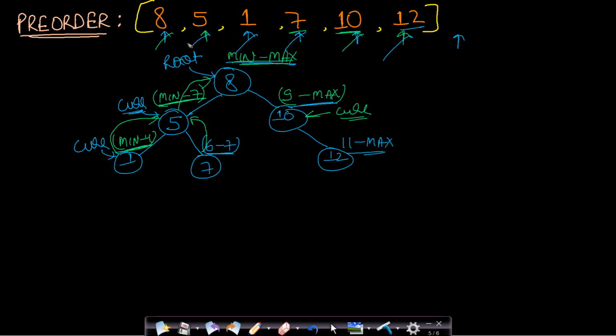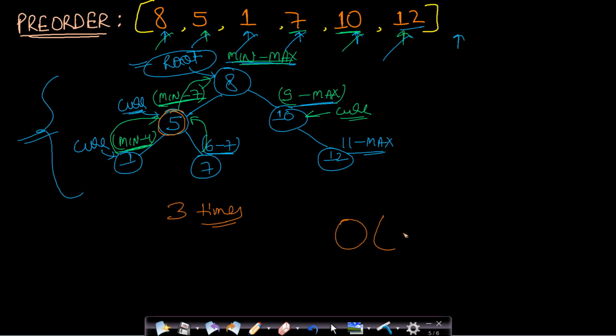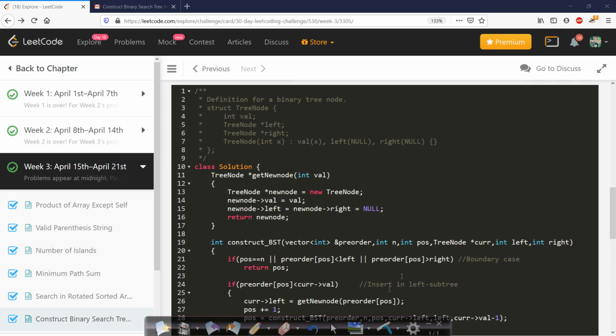So we have inserted all the elements, and this is the BST which we have formed, and we can just return the root pointer of this entire tree. So as you can see, this was also a simple process, and in the worst case we are traversing a given node 3 times. So what will be the time complexity for this process? It will be order of 3n, which will be equals to order of n, and we are solving it by using recursion. So let us now look at the code which I have written to get a good understanding.